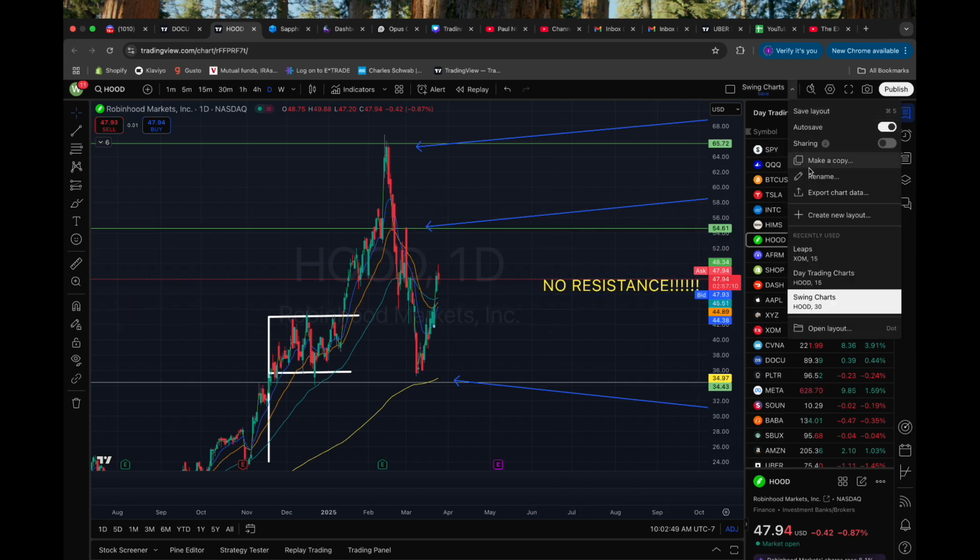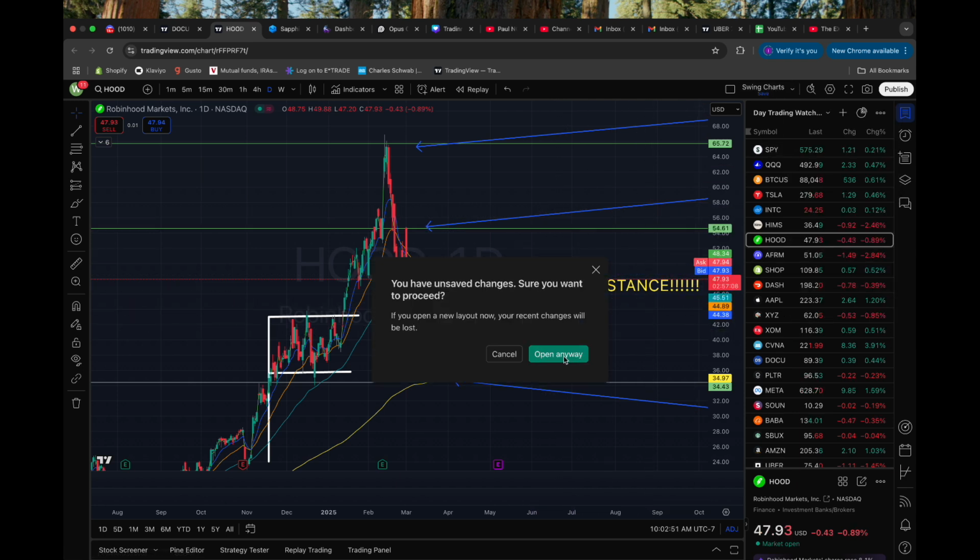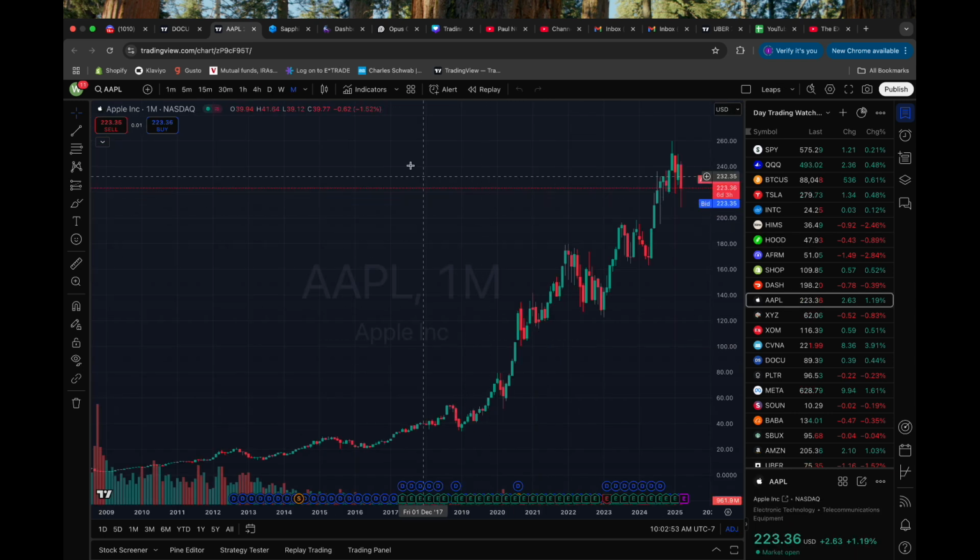All right. So now we're going to go to LEAPS because this is a new layout. It doesn't have any indicators, right? No indicators. So we're going to go to the indicators that I use. First, there are no indicators, only volume. So volume right here helps. I like the volume indicator because it shows the volume. The next one,